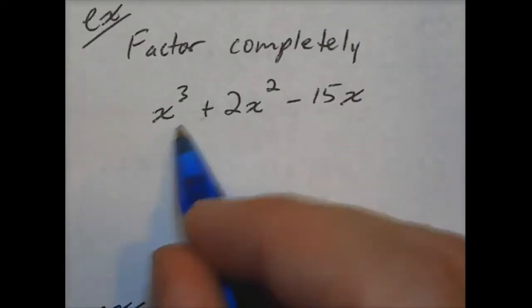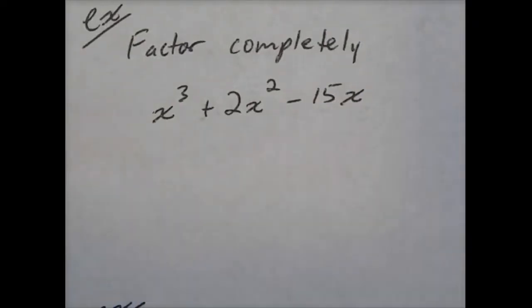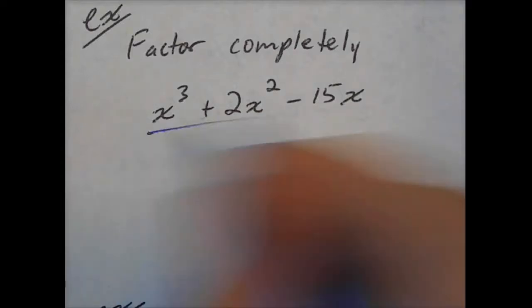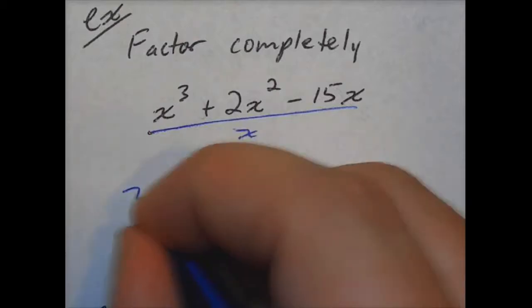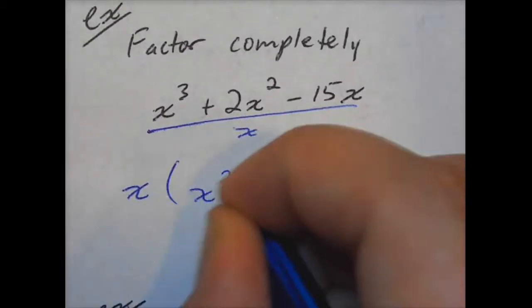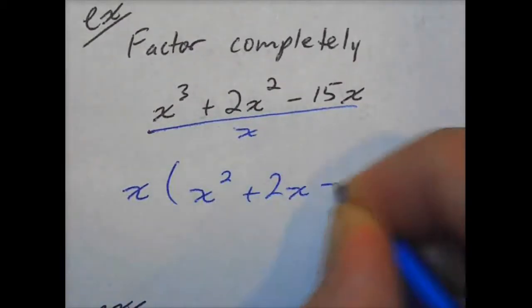So with this, notice you have an x in all of your terms. Anytime you can take out a common factor, do it. So if I can divide out my x from all of these terms, because they have that in common, we put the x on the outside, and now I can factor x squared plus 2x minus 15,